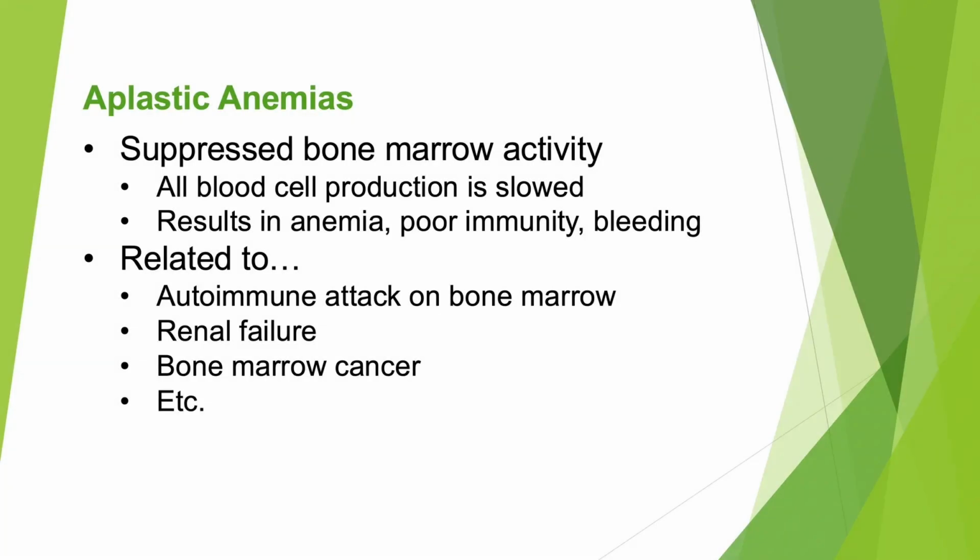Aplastic anemias occur when bone marrow activity is suppressed. This means all blood cell production is slowed down, which results in anemia, poor immunity, and increased bleeding risk. Aplastic anemia can be related to several conditions: autoimmune attack on bone marrow, renal failure, bone marrow cancer, and other